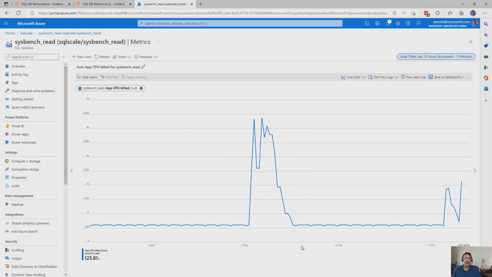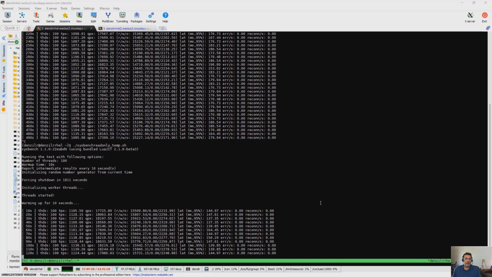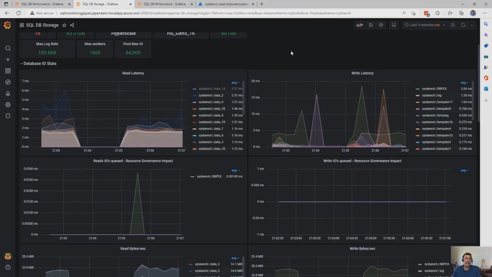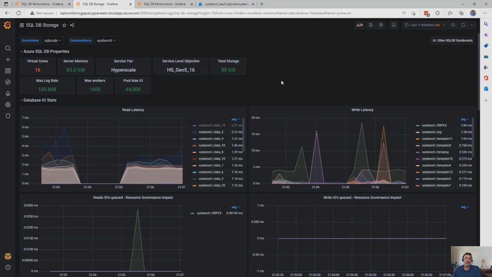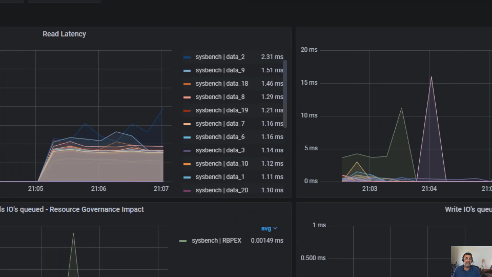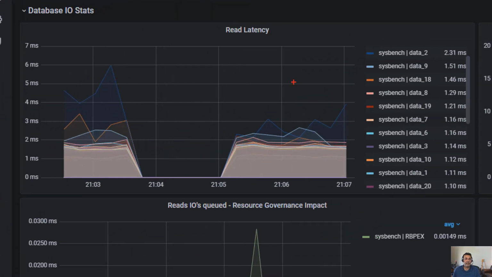So again, this is the serverless usage-based billing type scenario. The other thing I wanted to point out is this is doing a ton of queries, 17,000 batch requests per second. So how does latency of I/O actually look? I've flipped to this storage dashboard, which is nothing but virtual file stats differences. These are your data files and sys.database files. And if you look at latency, this is kind of the 2 millisecond mark,